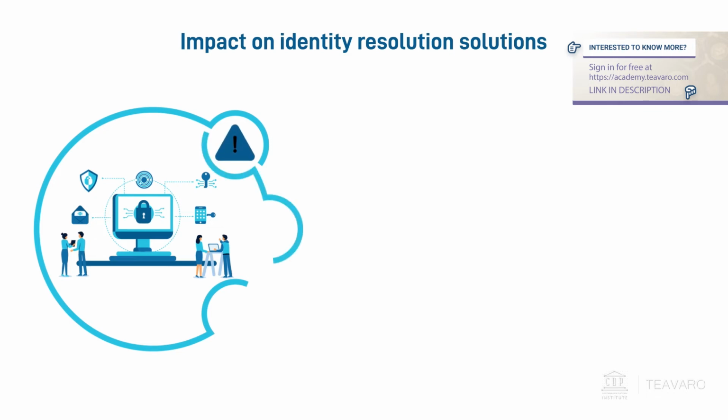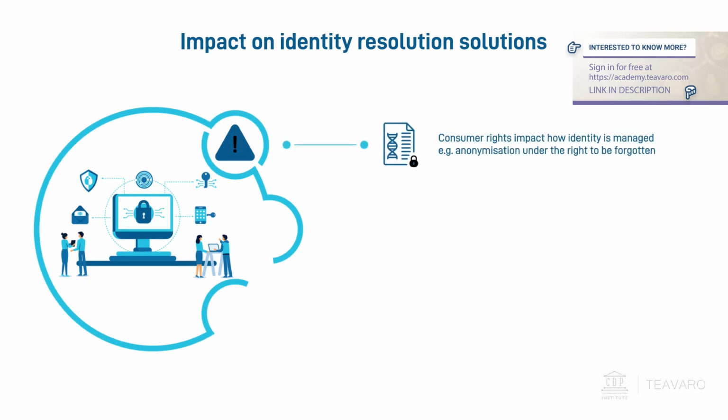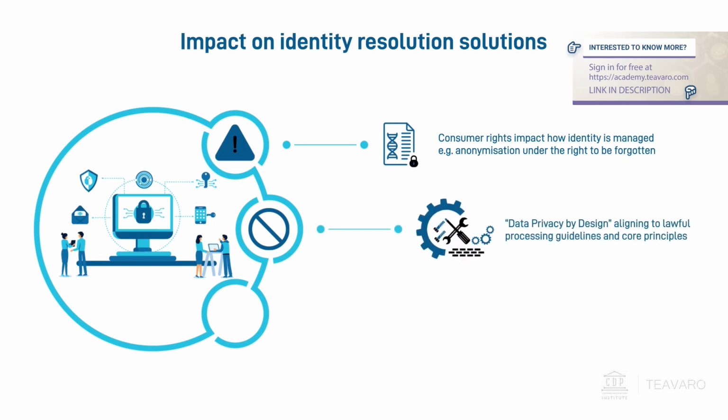complex issues. Central to new considerations are consumer rights, with identity solutions required to facilitate requests such as anonymization under the right to be forgotten. Solutions must practice privacy by design to deal with the strictures of such legislation, providing necessary mechanisms to benefit both